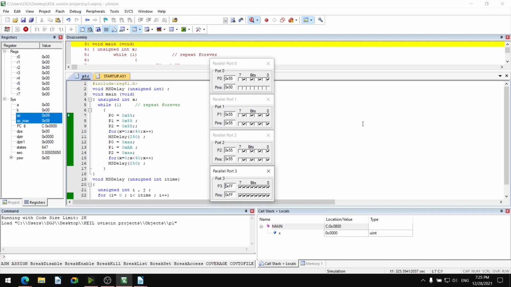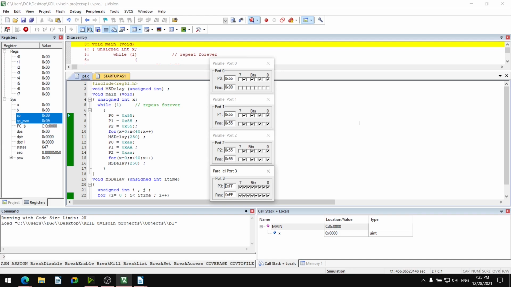What have we done? We have used the ms delay. We have defined the function before the main function, the ms delay function, which returns void but has an unsigned integer argument.